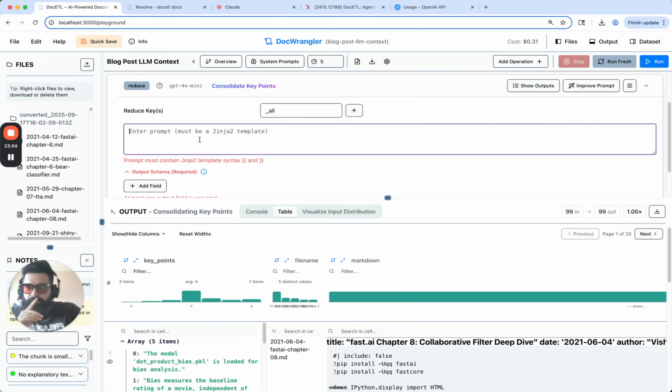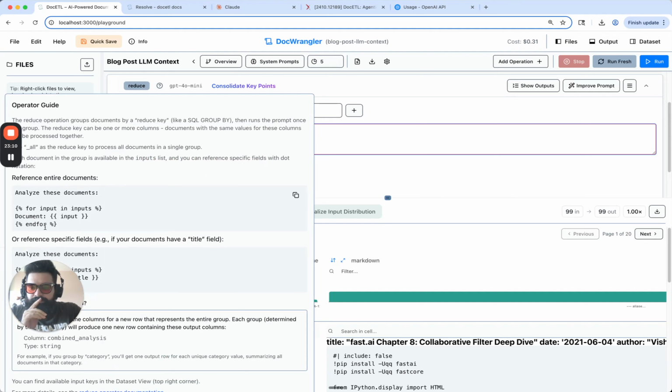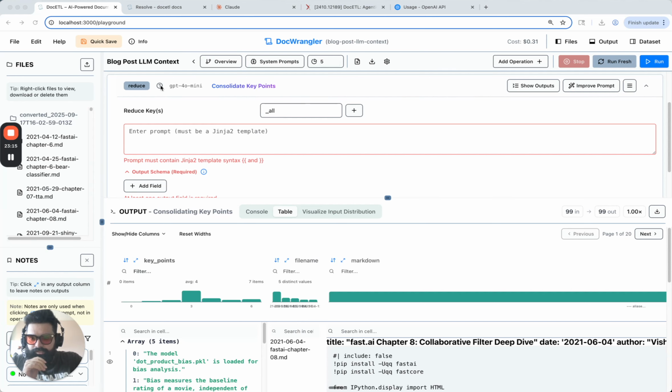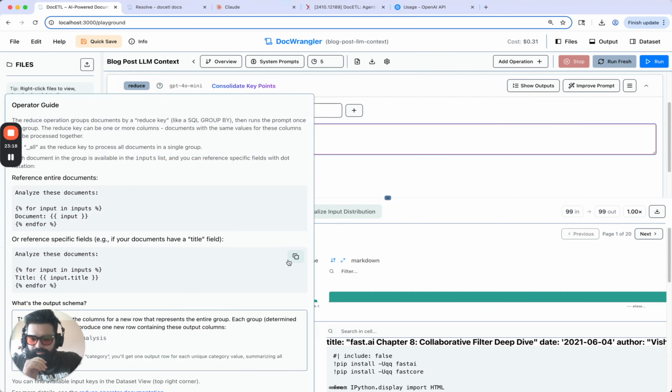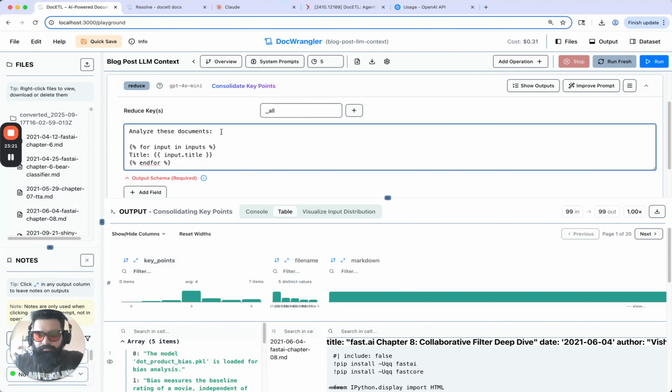Okay, so what I'm going to say is analyze these documents for input and inputs, document and for. No, that's not what I want. I want the other one, specific fields. And we have input key points. So I'll say analyze the key points listed below for each section, and